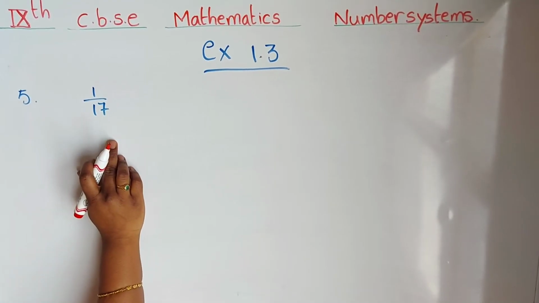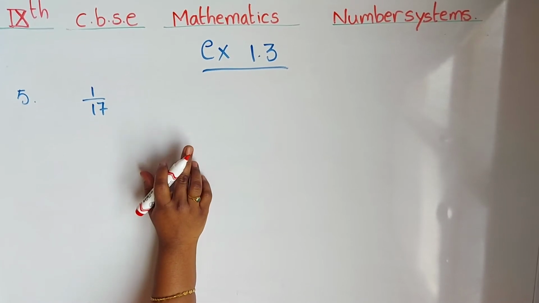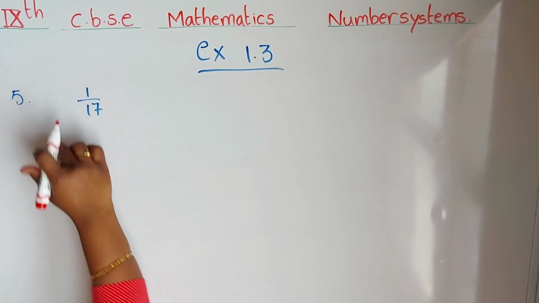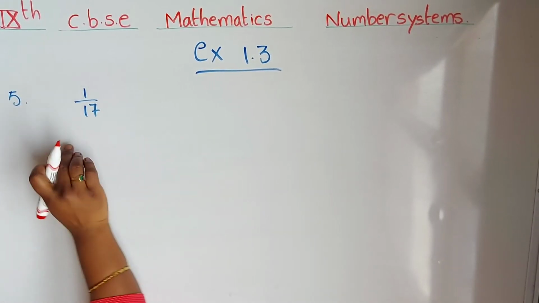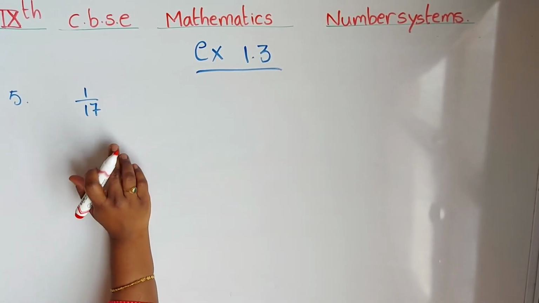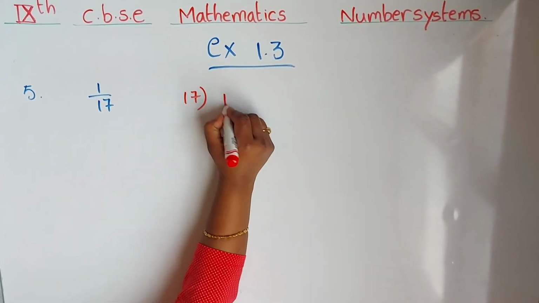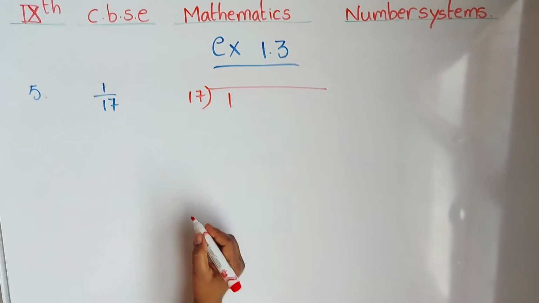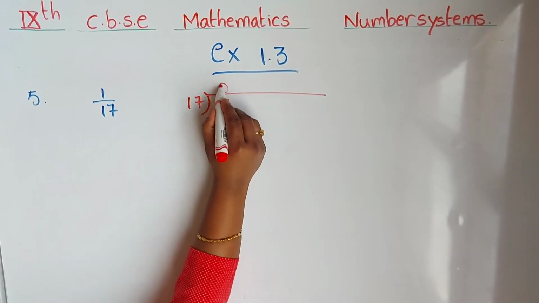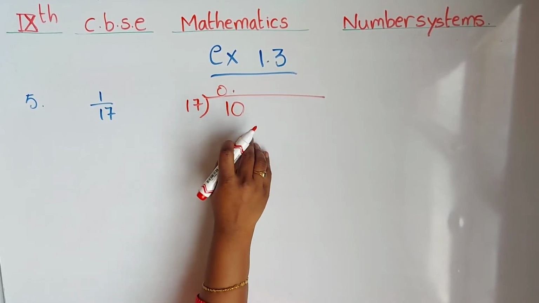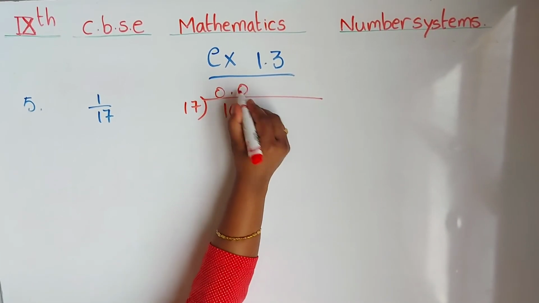Fifth question, children. What can the maximum number of digits be in the repeating block of digits in the decimal expansion of 1 by 17? That means we have to divide 1 by 17 and check the decimal expansion. Let's start the division. 0 point. Here I take the point, so I can write 0. But this is still a smaller number, so I am writing 0 again.